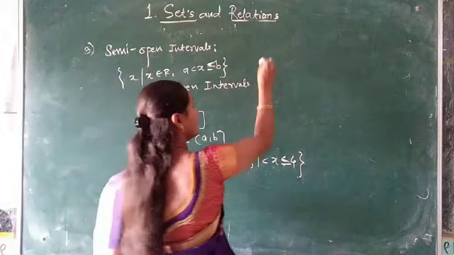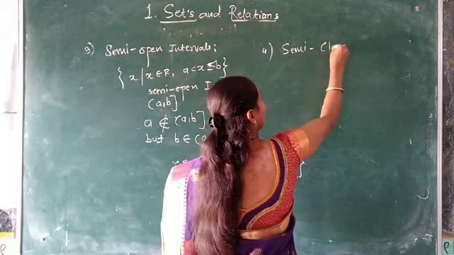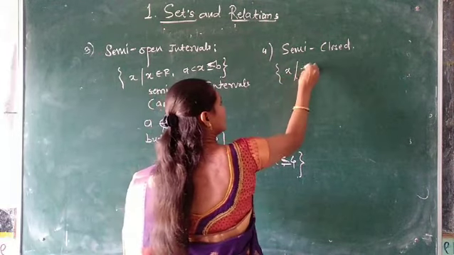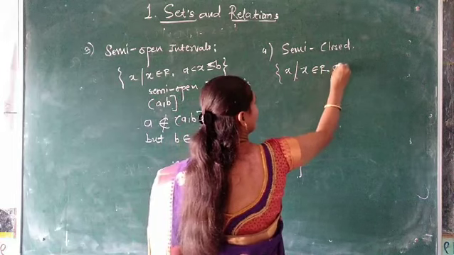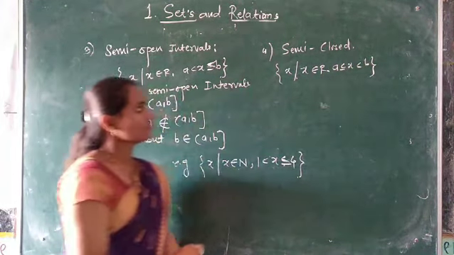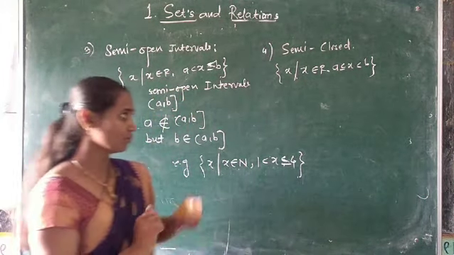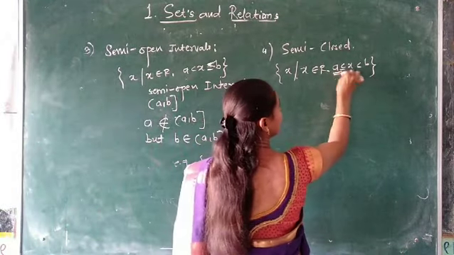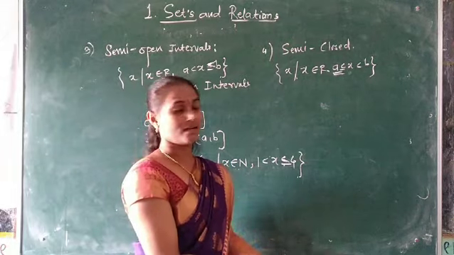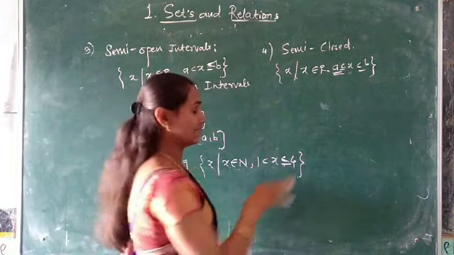Now the next one is the semi-closed interval. Again, x such that x in R, a less than or equal to x less than b. Now tell me which point is included in this set and which point is not included. Look here, a less than or equal to x, so this point a comes in the set, but here there is strict inequality, so this point b does not belong to this set, and it is denoted